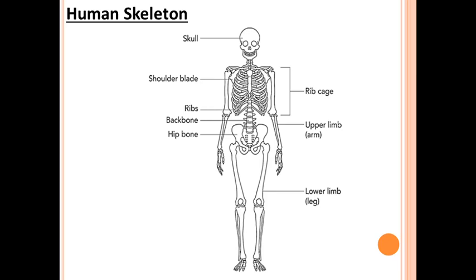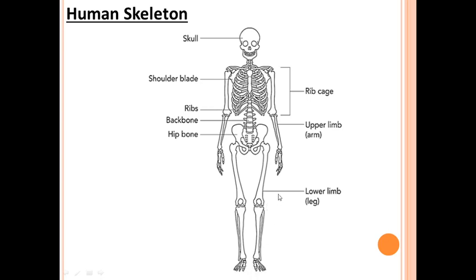Now see about the lower limb. Like the upper limb, the lower limb also has two parts, this one and this one. The upper portion of the leg, this, has a single long bone which is known as the thigh bone. Single long bone. And the lower leg, this part, has two bones which join the thigh bone at the knee, here.